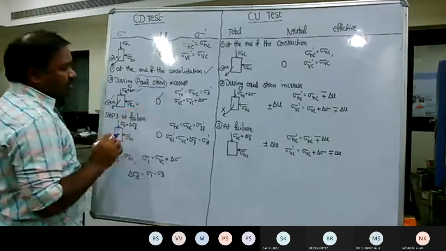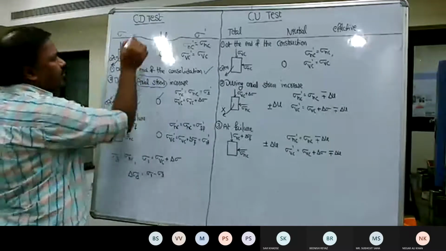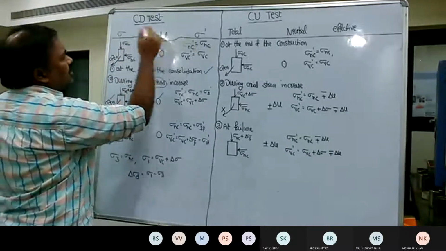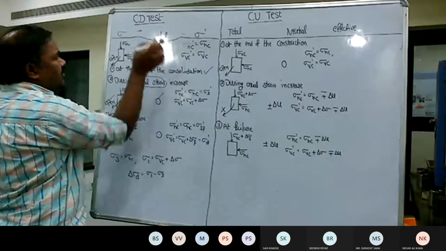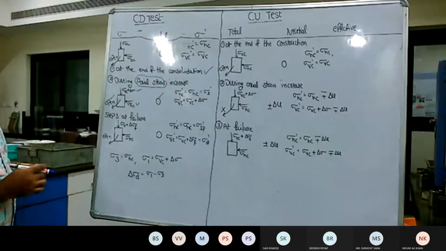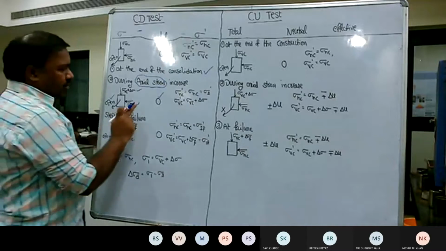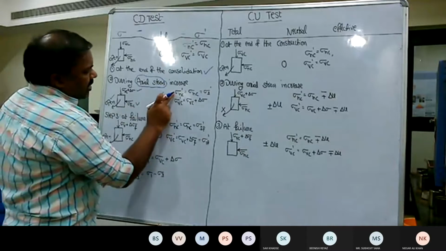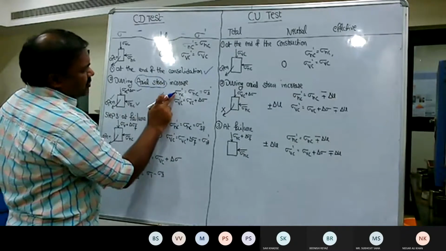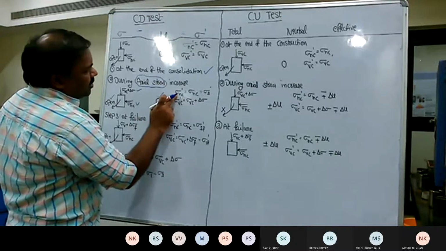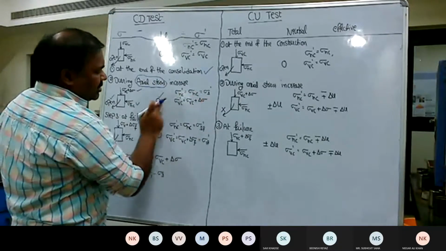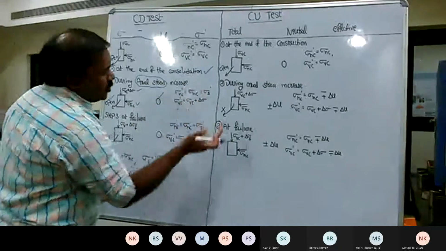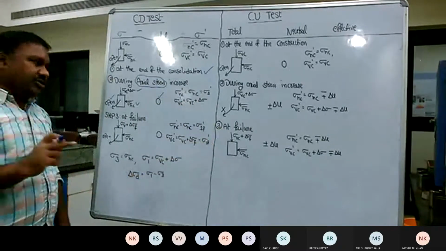Since the U component is 0, as we know, sigma dash is equal to sigma minus U. Effective stress is equal to total minus pore water pressure. So here if you write the stresses in the form of effective stress, sigma h dash is equal to sigma h, that is, since U is 0, the total becomes the effective stress.